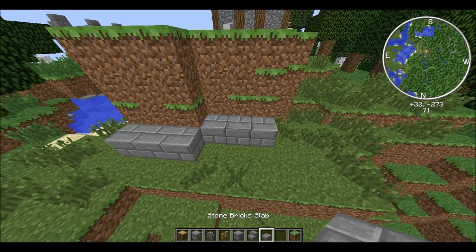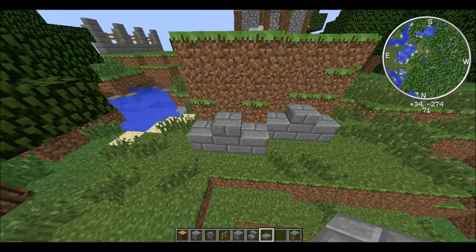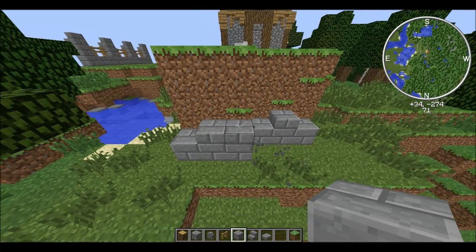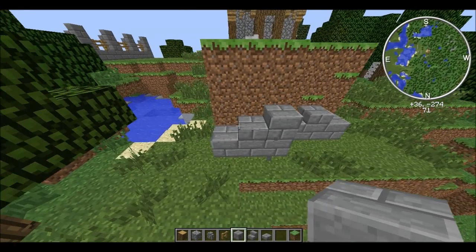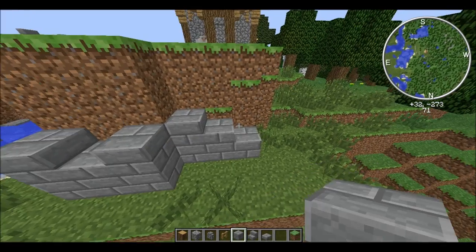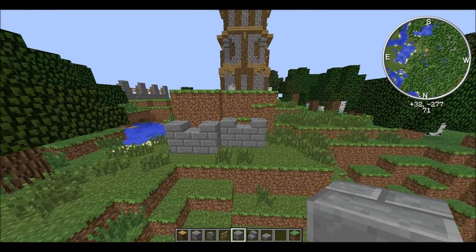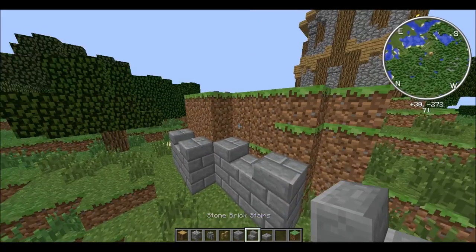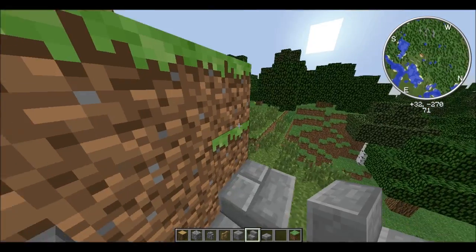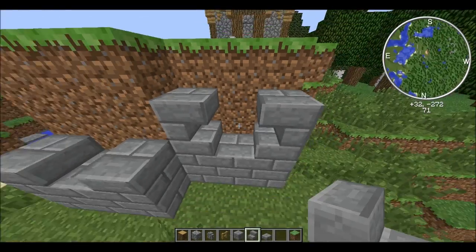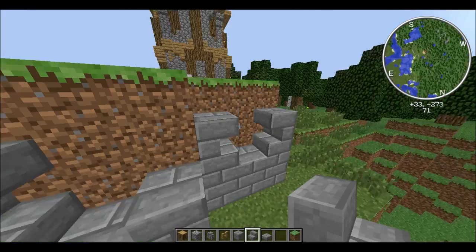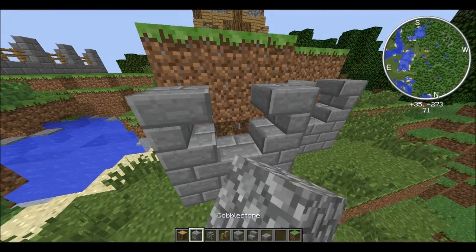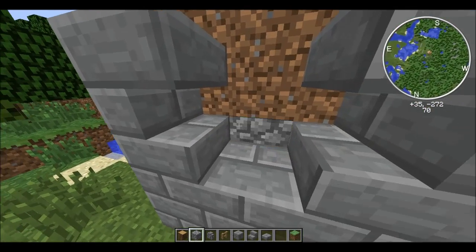But on the middle part, go ahead and place the half slabs, and then on the other sides, go ahead and place blocks. So it'll look like that. Sorry for the random lagginess, but then we're going to make the same design we made on the first wall and place upside down and upside down to make this sort of T shape again. I don't know what it really is, but I think it looks like a T. So go ahead and again, just like the last time, fill this in with cobblestone.